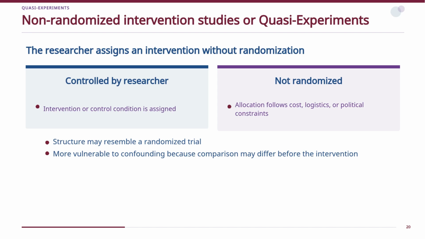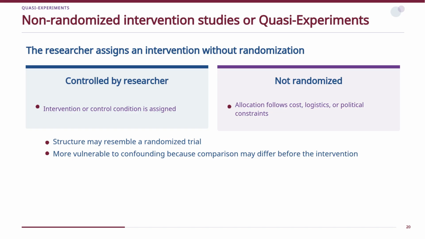The researcher still decides who receives the intervention and who receives the control condition, but participants or groups are assigned using a non-random method. Quasi-experiments are useful when randomization is not possible because of cost, practical difficulties, logistics, or political reasons. So the study may look similar to a randomized trial, but the main difference is that the groups are